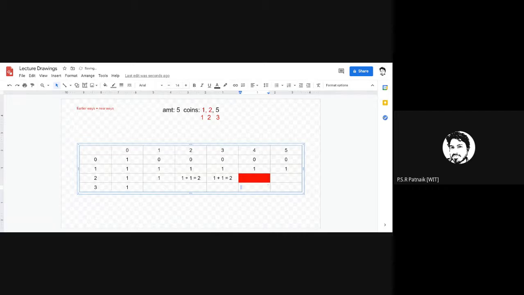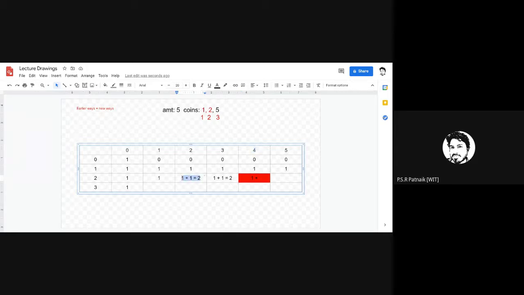What is it? The earlier one, the number of ways I can realize by the earlier one, plus from this amount, subtract this currency value at index 2. 4 minus 2. What is remaining? Amount 2 is remaining. So now I need to see in how many ways amount 2 can be realized.